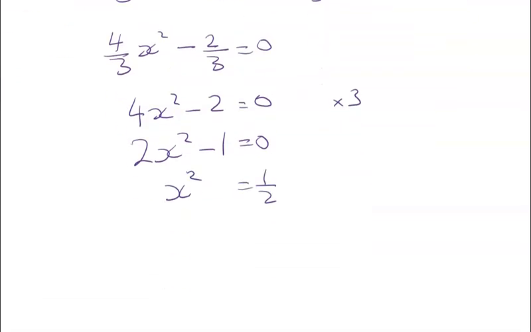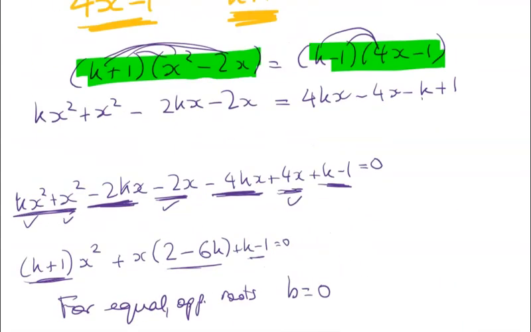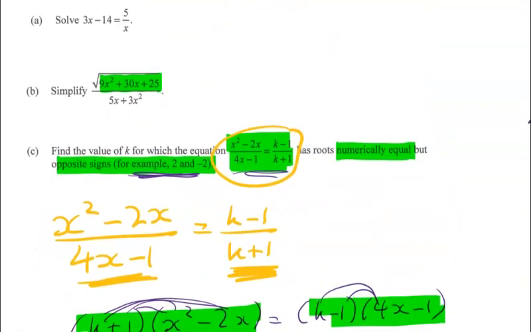So you can see that that has kind of crashed down into an equation where x is equal to 1 over the square root of 2, or negative 1 over the square root of 2, which fits what we were told about the problem, because it's got roots that are numerically equal but opposite signs. Okay, so there you go. I don't know how they're going to mark that. If it's a merit question, I think it's quite a hard merit question, honestly, but I think it's a nice question